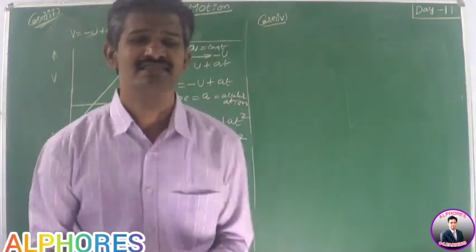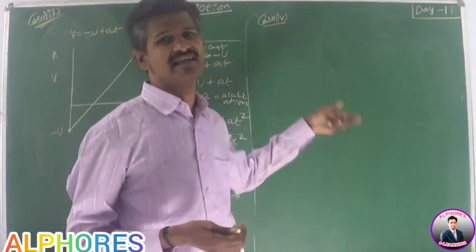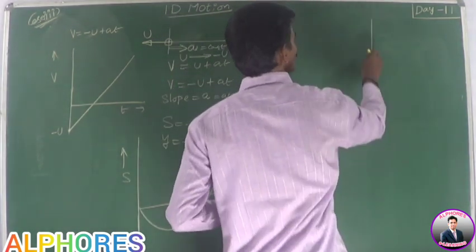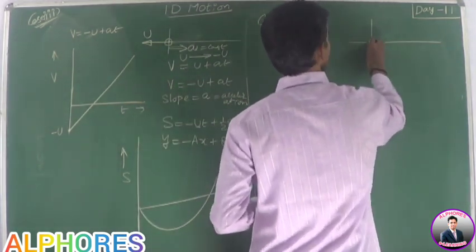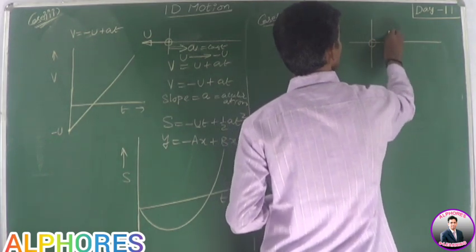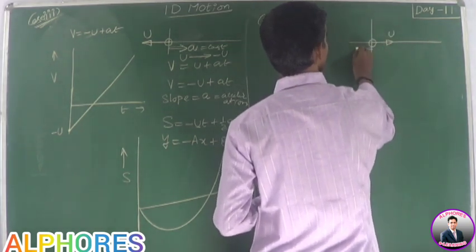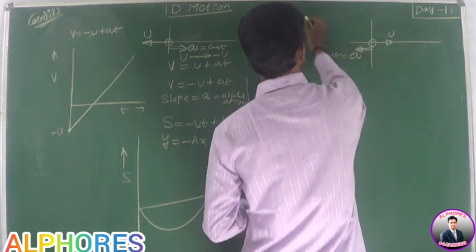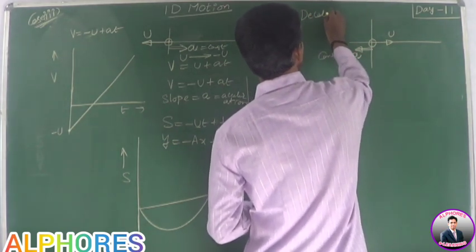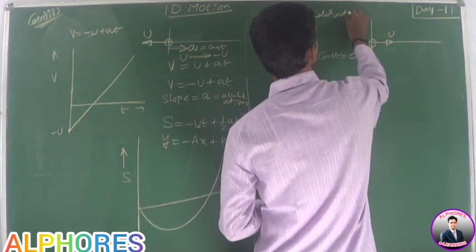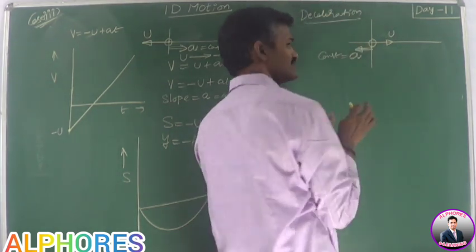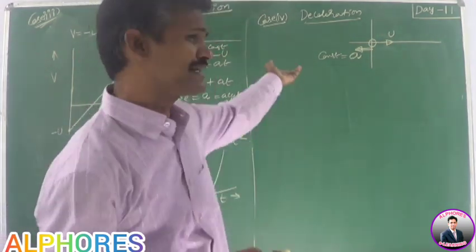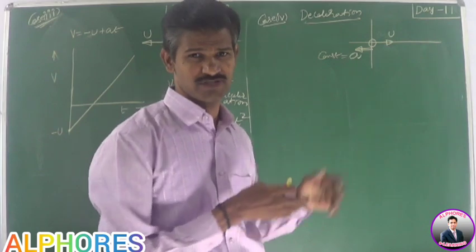Negative acceleration may be called a deceleration. So in case of a deceleration, how to consider? Suppose the body is here, it has some initial velocity u, but the acceleration is negative, and it is constant. So I am calling this a deceleration case. Up to this point, the last three cases corresponded to acceleration. Of course this is also acceleration, but its direction is opposite.